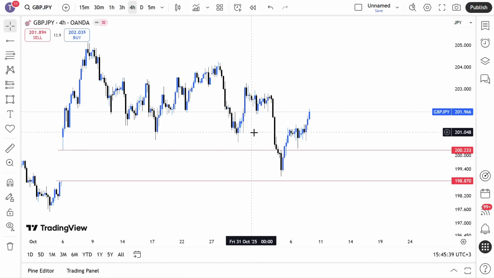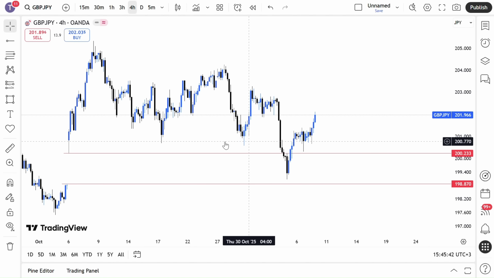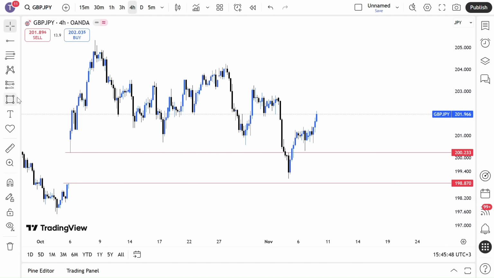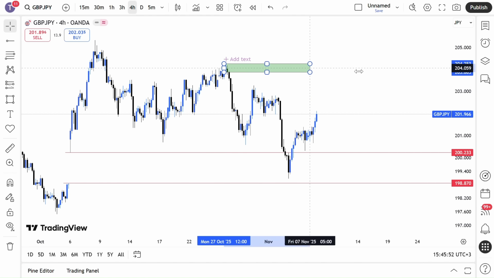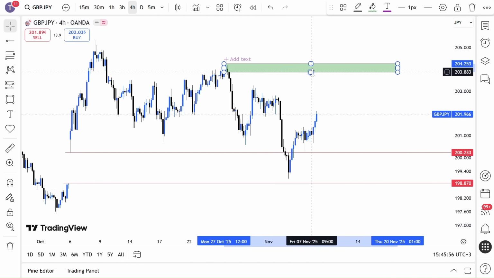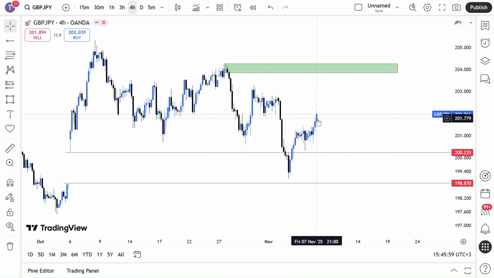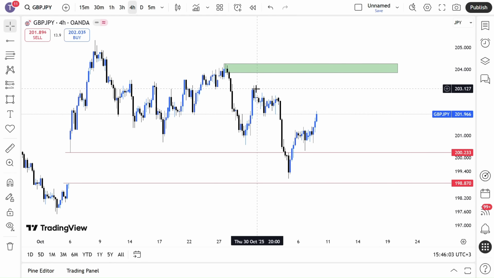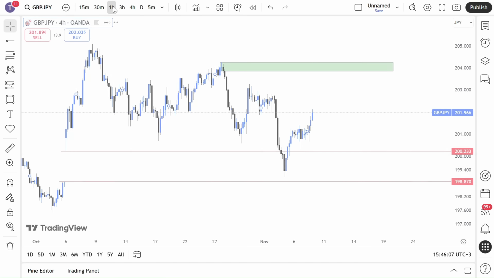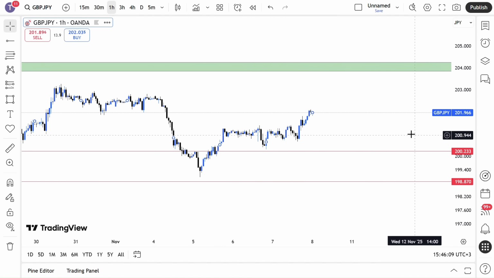And the best entry point to look for a selling opportunity, let's say maybe if we want to look for a selling opportunity, is at this high. I have this order block here. This is the point where I expect the reaction of some selling opportunities. But currently, right now, I want to look for buying opportunities to this level, and I expect these highs to be taken out. So, if I come to the 1 hour time frame,